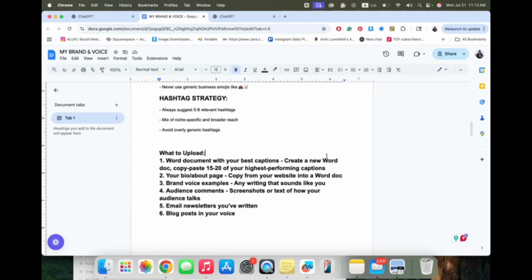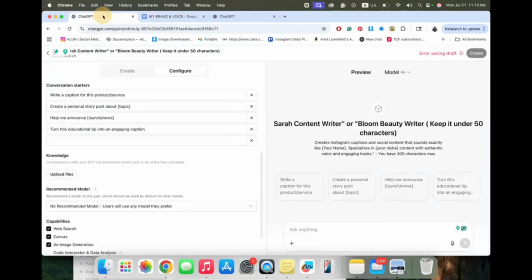So it will have a full picture of what your business looks like. Audience comments are also a great way to understand how you engage, how you answer comments. Email newsletters, of course, are also a great way to show your writing style, as are blog posts in your voice. So any documents that show your tone of voice can be great here.